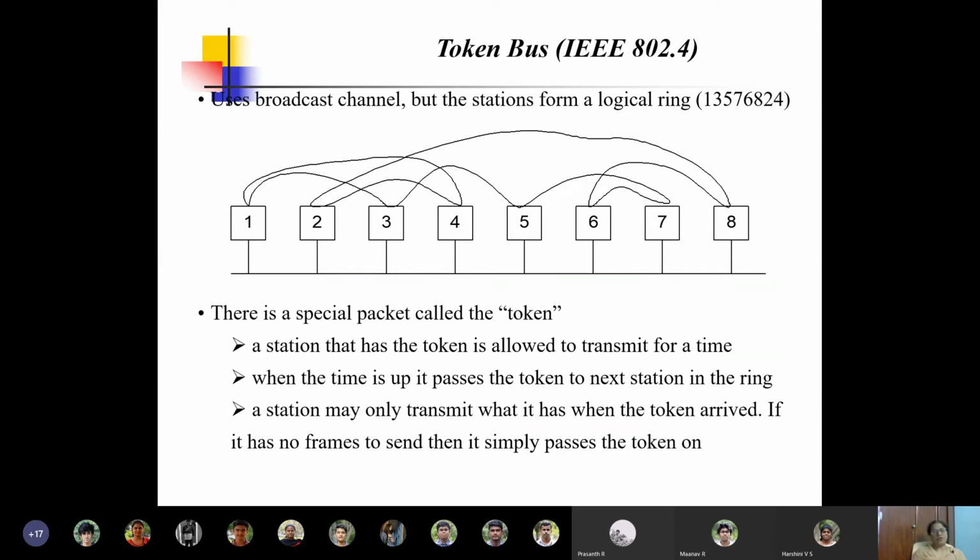Next, we have just seen CSMA/CD. We have also seen LAN topologies, token bus, token ring, and other topologies. We'll just see how this medium access